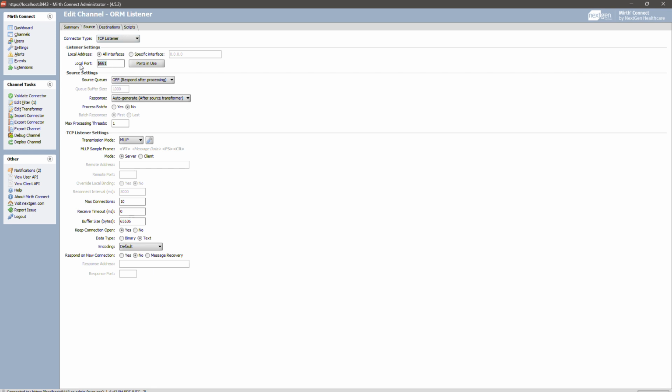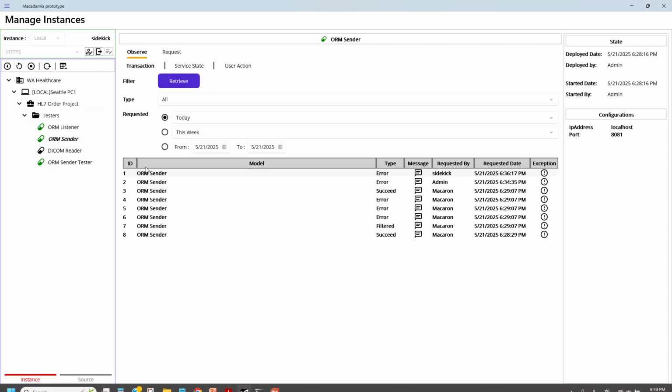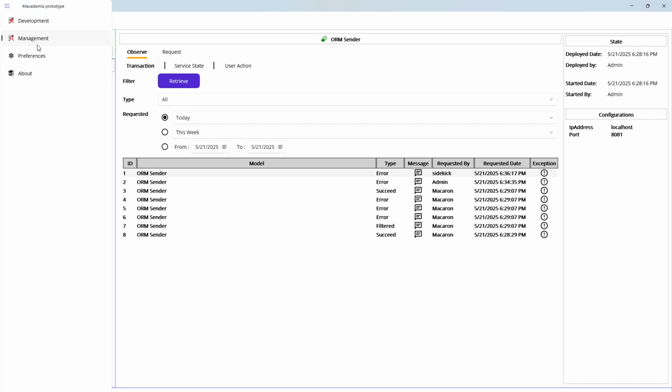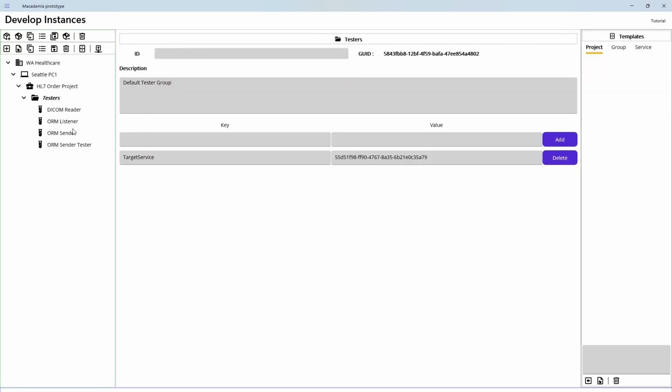And also keep the port as 6661. And then you can see that the response is auto-generated by the source transformer. So what this means is that whatever the code is, it will always send the same accepted message as we saw in the ORM listener